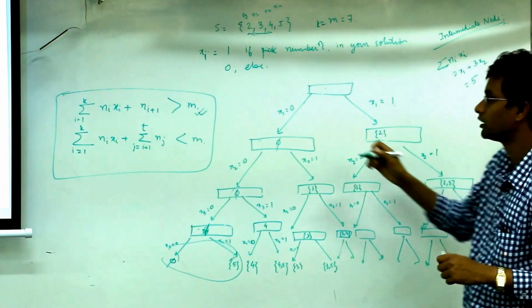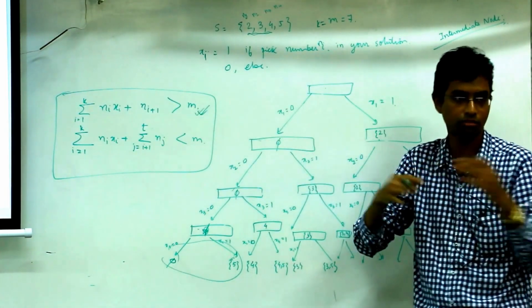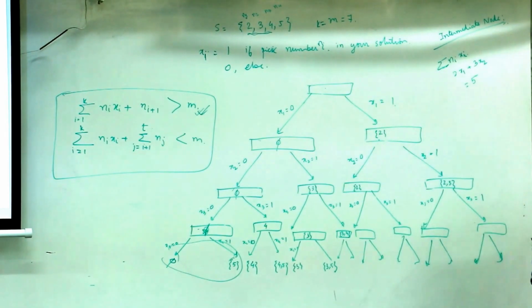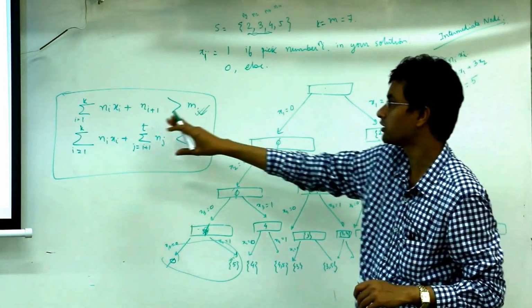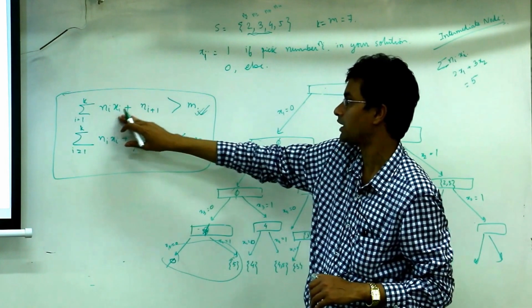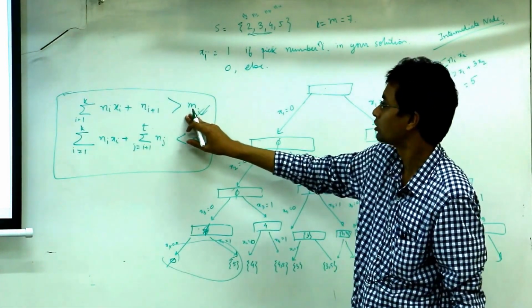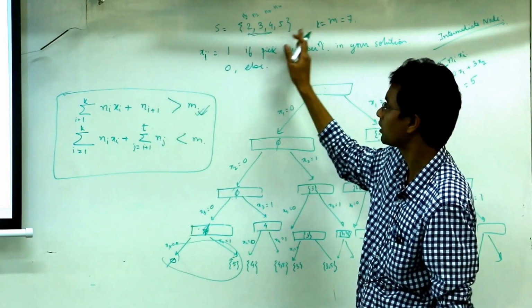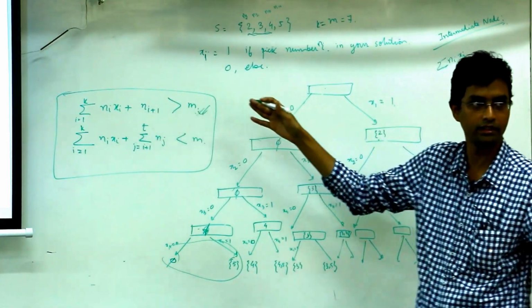But whenever you have these conditions at a particular node, then you can just print out that node, whatever be the subtree at that node. So these conditions are clear, right? This condition says that whenever you have selected some elements, and if you add the next element, then you are exceeding, right? Why does this work? Because these are in increasing order. So if you include any other element from the remaining, then you will exceed.